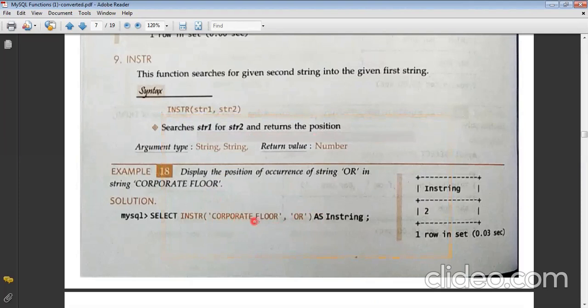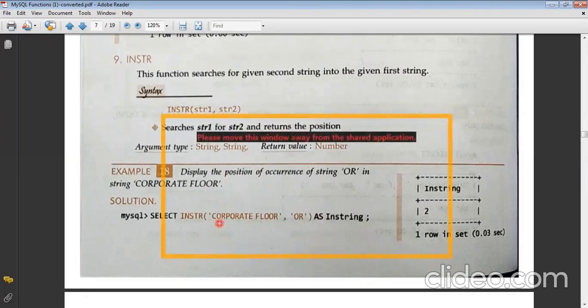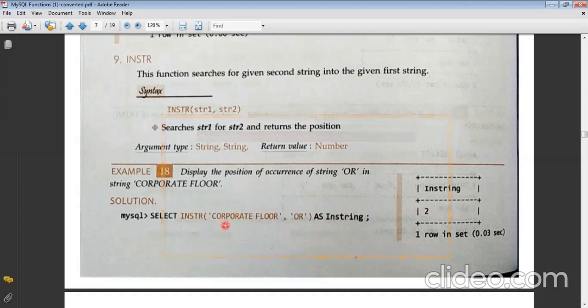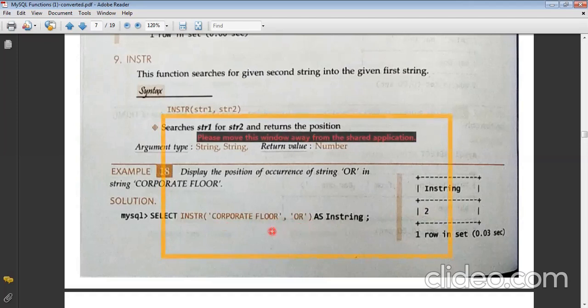If you see corporate float, you can see that O is coming at the second position, which is followed by R, which we actually wanted. So we will take O's position, which is 2, and the output will be 2. That at the second place, we are getting this OR string. So INSTR is generally used if you want to search for a particular pattern or string followed by all of them. Suppose you want to look for A or E, in which letters it is available, or in which letters the X's are available, we can do it like this for a particular column.